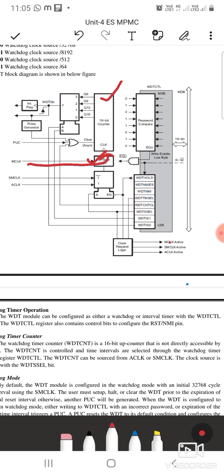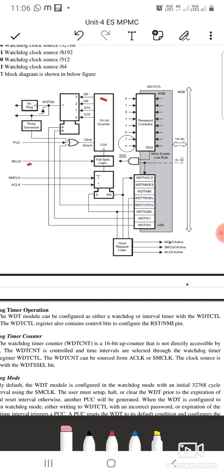The clock request logic is connected to the mode in which you are working. You are having 3 bits connected to that. One is the source select, which source you are selecting, either auxiliary clock or submaster clock. And then the timer hold, whether it is in active mode or stop mode, and then the mode in which you are working, like watchdog mode or timer mode, that is interval timer mode or watchdog mode. Based on these 3 functions, your clock request logic will be used.